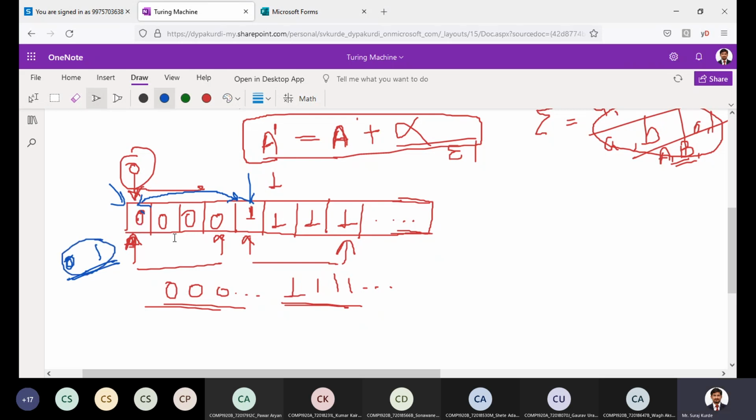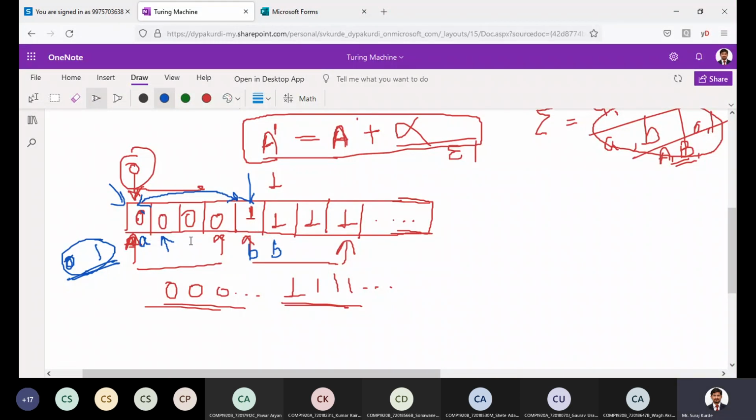Now when this is replaced, we have to find the second 0, which is to the right of this 0. So the first cell is replaced, let's say with A. To the right of this A, there is a 0. If it is a 0, then again find 1. Let's say it is replaced with B. Go to the right cell and replace this 1 with B.